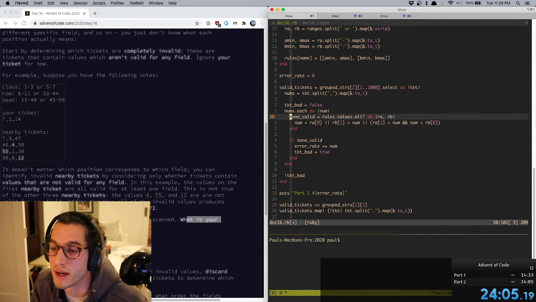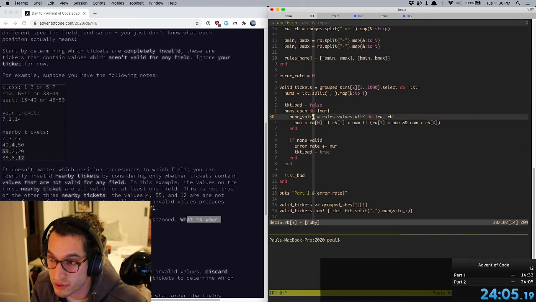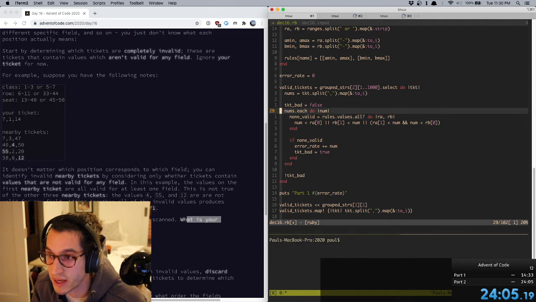So for each number in the ticket, it's not valid for any of the rules. If for all of them,